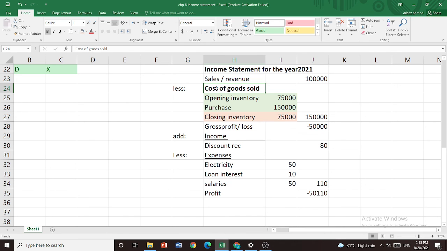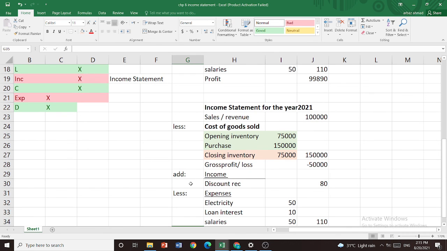Under this category, under this title, you have these things, and this is how you do it. Under this one you add all the incomes, under this you add all the expenses, and you get this. So after you get this, you plus this, you minus this, you get this. Plus this minus this, now you get negative 50,030. That is not profit, that is called loss. So that is a bit more depth of the income statement.